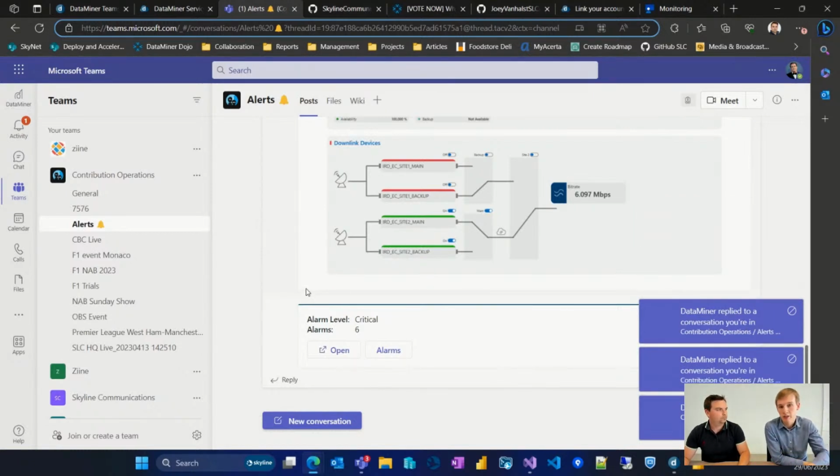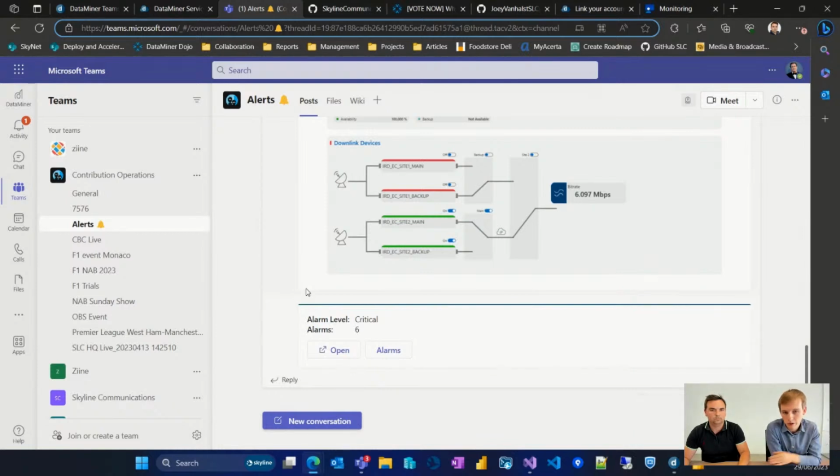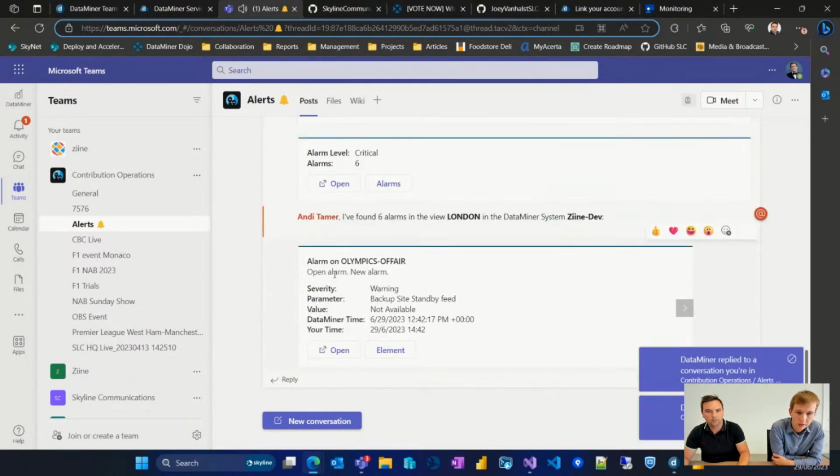So indeed, we can see that we have the main site, which is now offline. And then we can see that the signal is being routed through the backup site. Yeah, so now we can request the alarms here as well, probably, to try and find a root cause. Yes, so here we have all of the alarms on that view. Yeah, and if we click through these, we can see